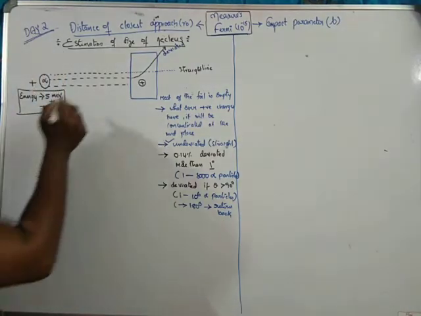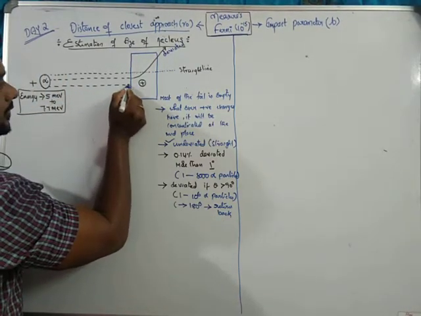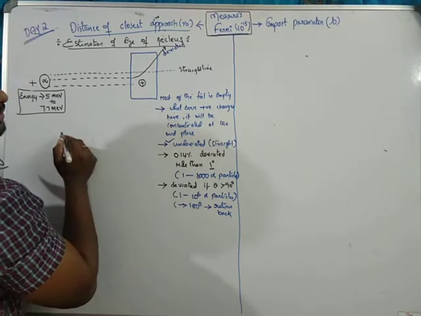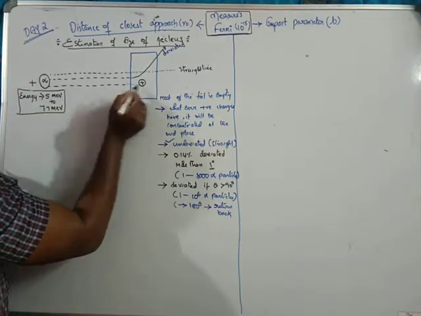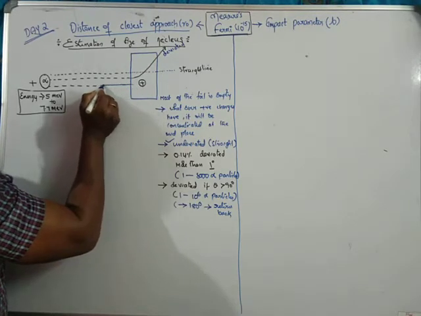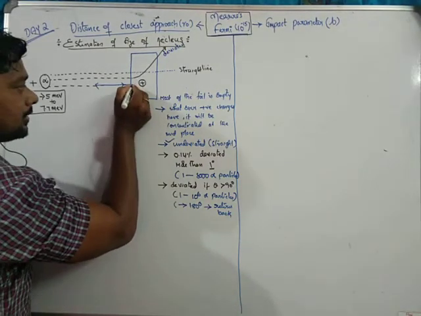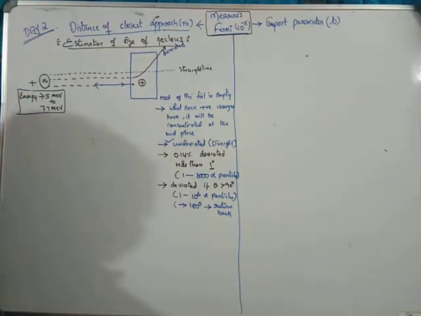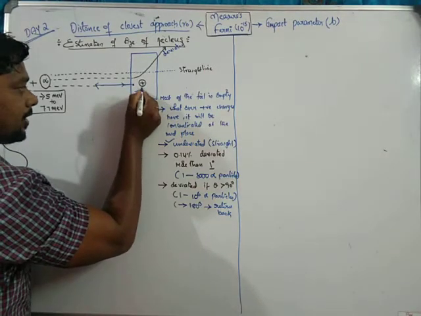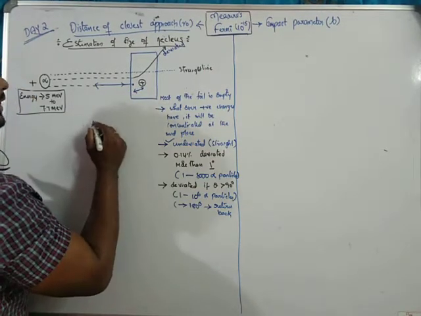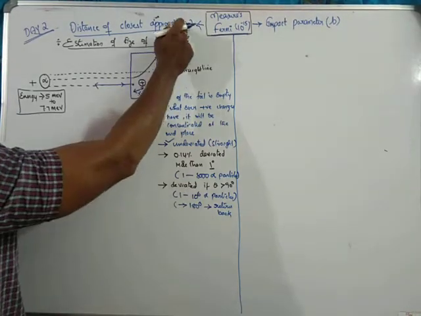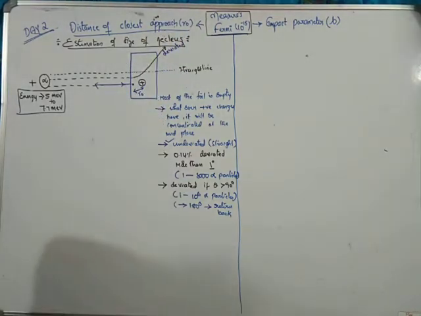If you consider the third state, the object moving reaches the positive charge. Both positives are in the same line, so it will be retrieved back. That's the closest point we have reached. The distance between this point and the center point of the nucleus we call R naught. That will be the distance of closest approach to the nucleus. That's the estimation of size of the nucleus. Now we have to calculate the value of R naught.